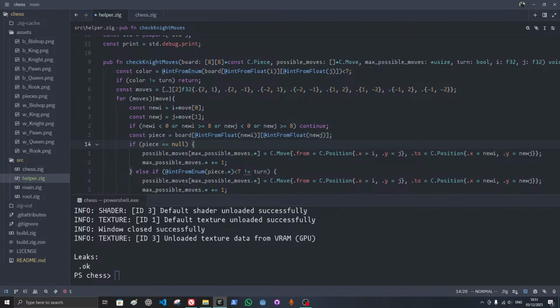If it's none, right? Or if it's the enemy, so int from enum of this piece less than 7,